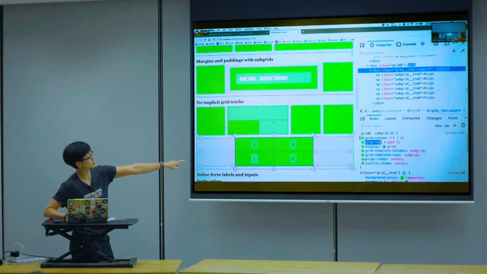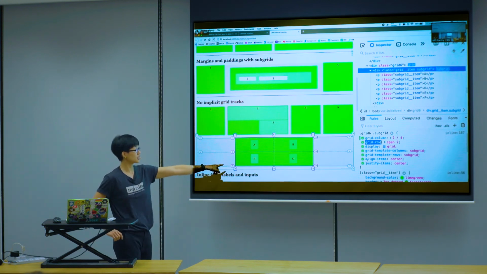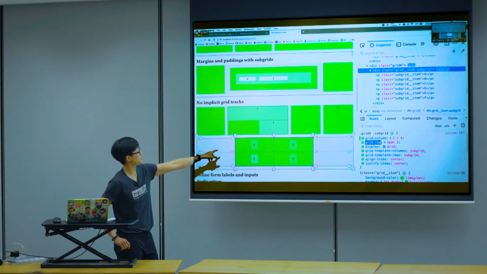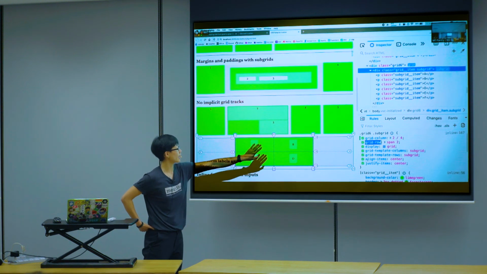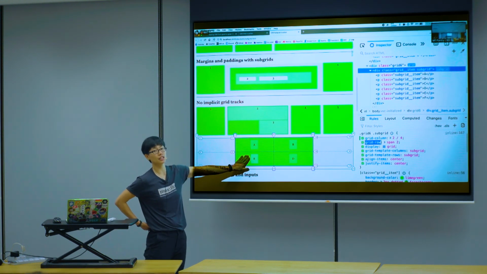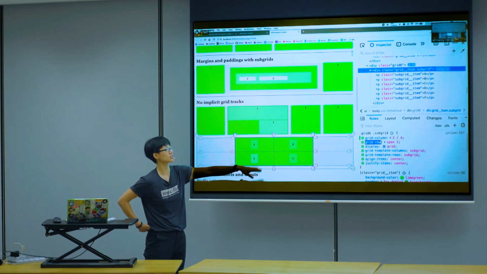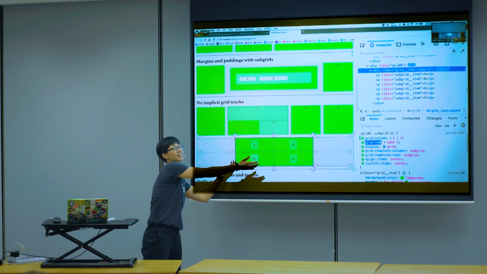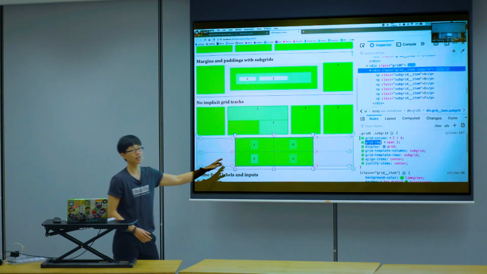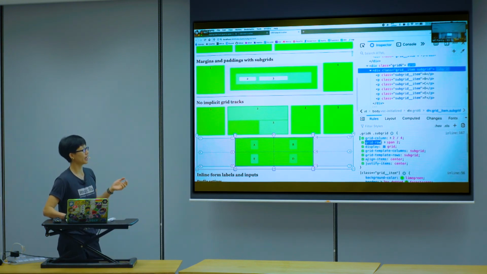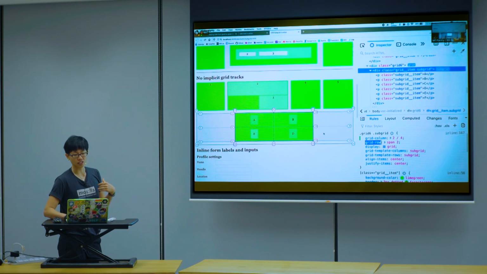So what's going to happen is that it was A, B, C, D, E, F. So E and F end up all getting stacked up onto the last track because there's no space really. So it's not going to spill over. Everybody just overlays on top of each other. Yeah. So this is how subgrid works. And especially if you're using subgrid to size, you may need to match the number of items inside.